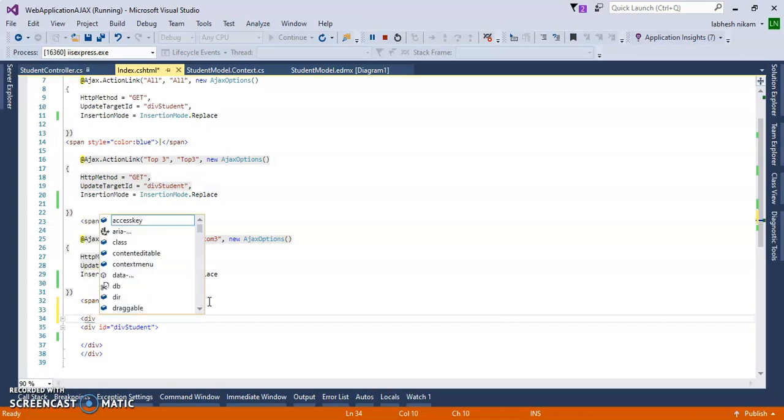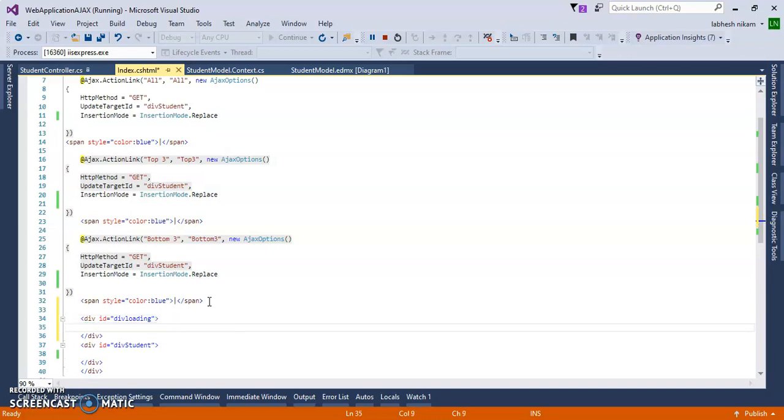For that I will add a div tag with id equal to divLoading, and inside it an img with src pointing to my image folder, images, loading.gif.